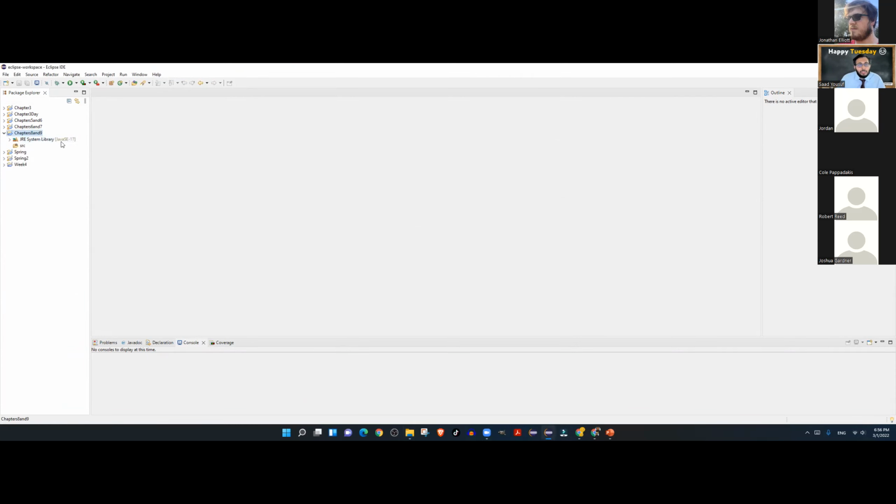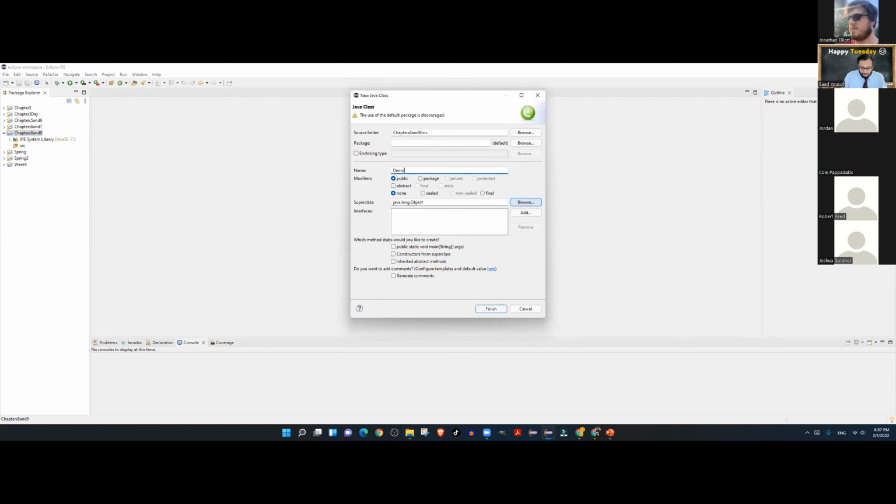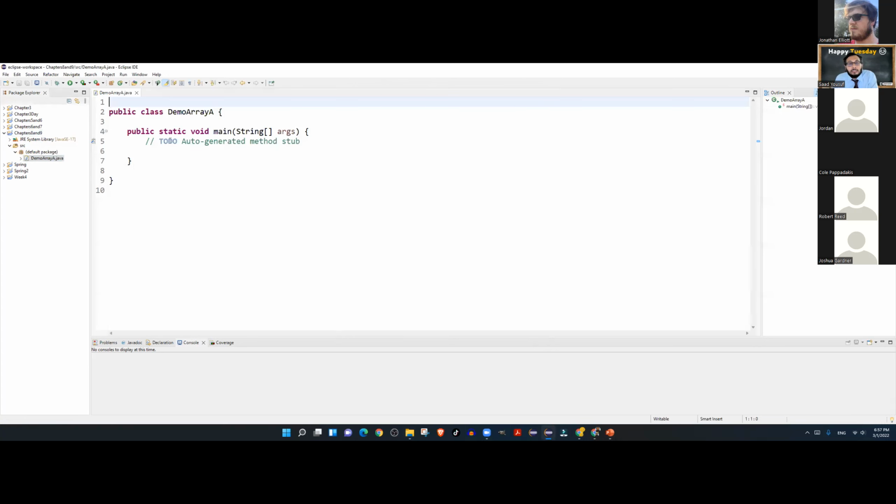Let's talk about a few Java concepts. We're going to call this one demo array. You guys have up to demo array 3, right? We're going to start a brand new sequence so that when you practice the others from the chapter, there is no conflict. So I'm calling mine demo array A, the very first one, with the public static void main. If I want to declare an array of type double, I could do something like this, correct?